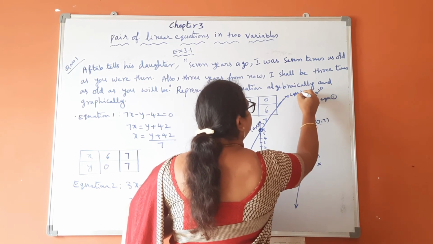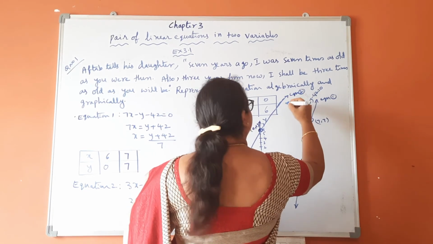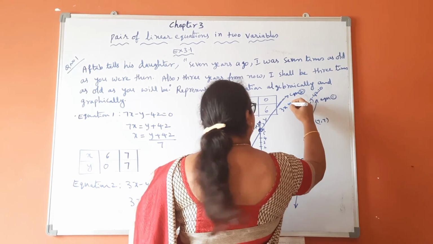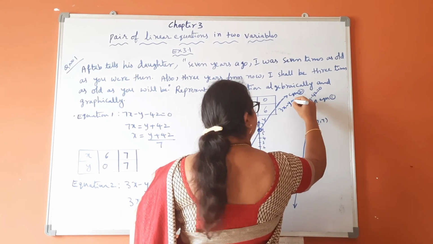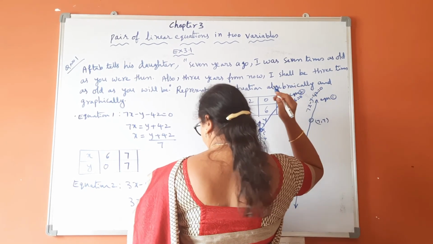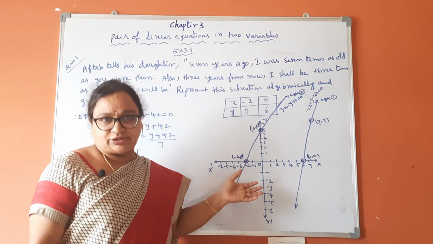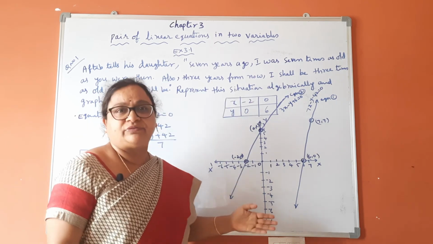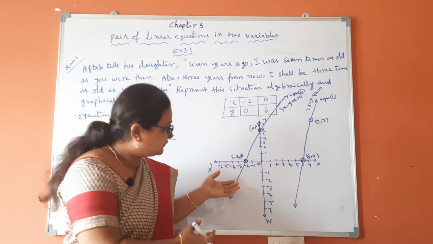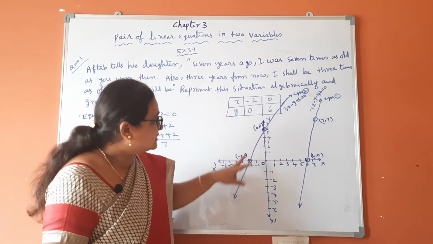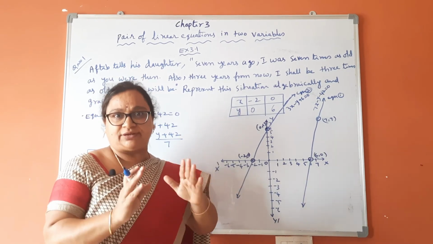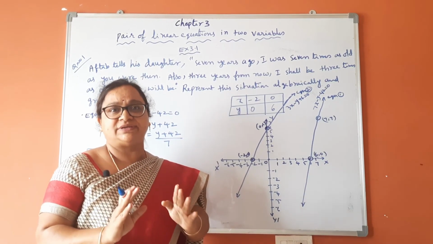So this is equation 2, that is 3x minus y plus 6 is equal to 0. If you do it on a graph sheet, you will get a perfect straight line, children. Here it is freehand, so it is like this, but you will get a straight line. Graph of a linear equation is always a straight line.